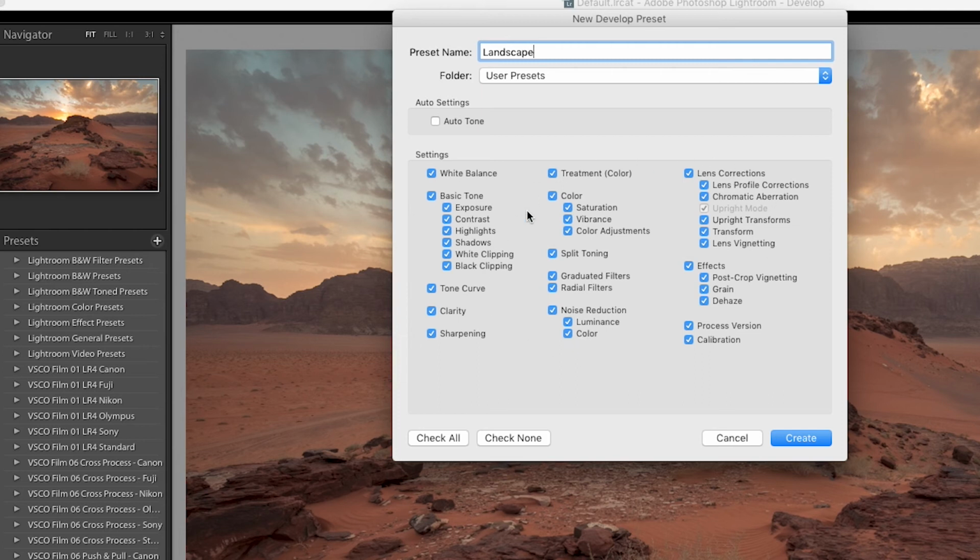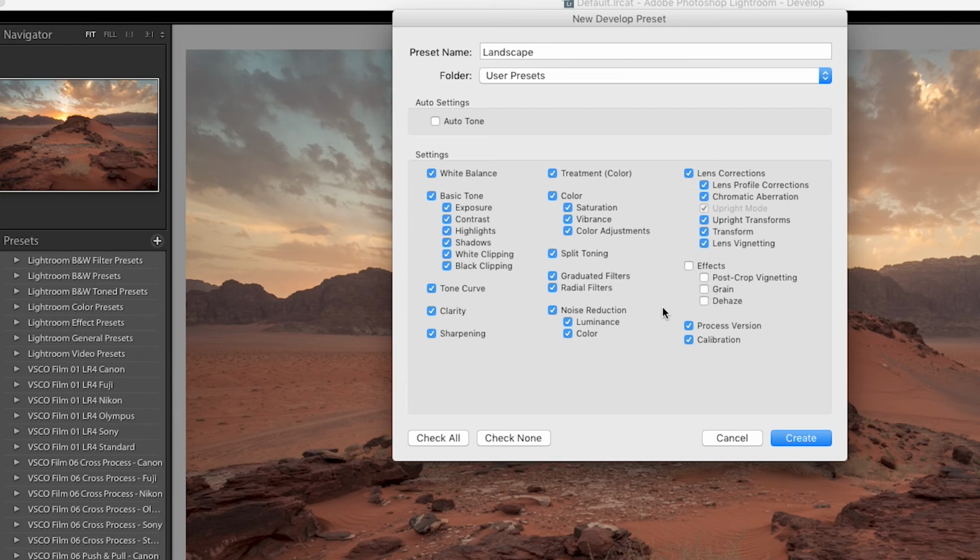And this is something important because in this particular image, I do have certain things that we applied earlier. For example, I have all these tone adjustments and other things, but there are things specific to this particular image which I might not want to carry over. Now, for this particular image, I know that I might not want the same post-crop vignetting and dehaze settings to be carried over to other images. So if I uncheck that, none of these things will come through.